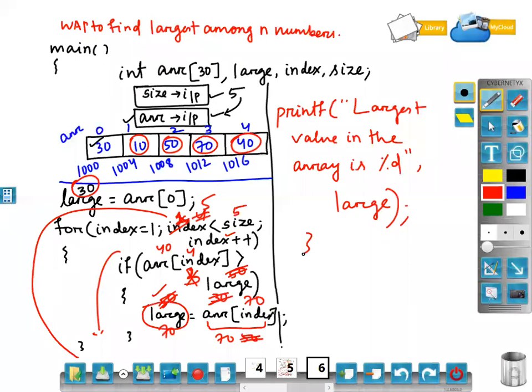Clear? So this is very simple. Once you write the program in a simple way by using a single variable, now you can convert it into an array, because array means you are storing multiple values and you have to take the help of one loop where the index will only change. Clear?